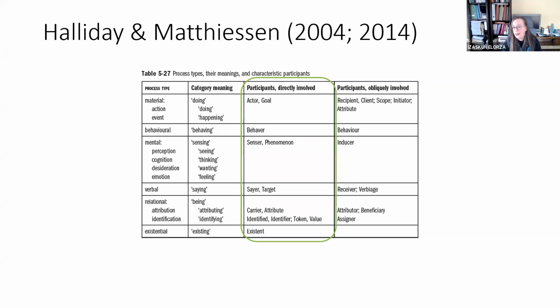We are not going to see cases of existence, okay? Existential clauses are found in verbal mode, but this idea of existent is not going to be identified with characters in picture books. We will address something that we will call conceptual images, but that is different, as we will see.